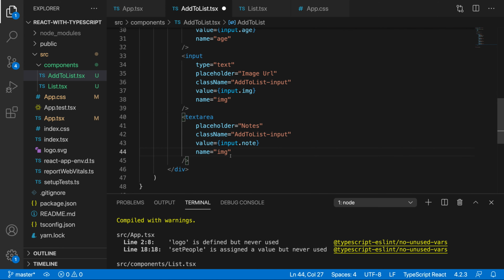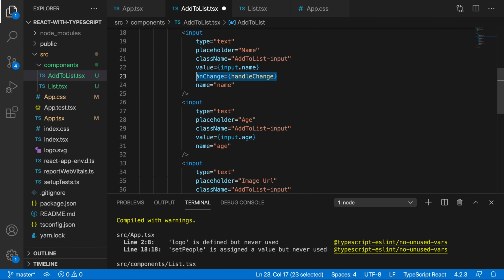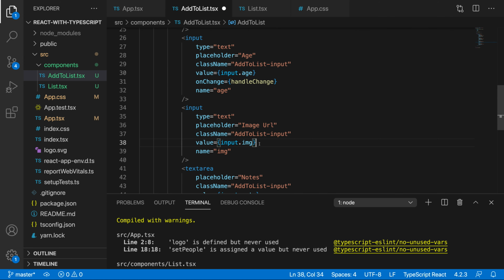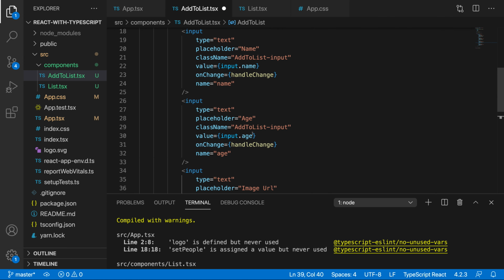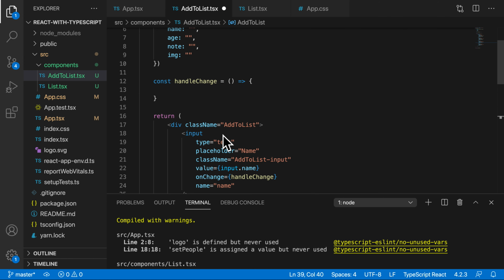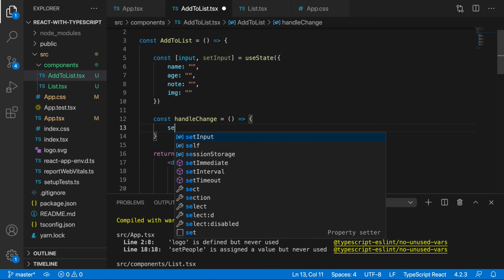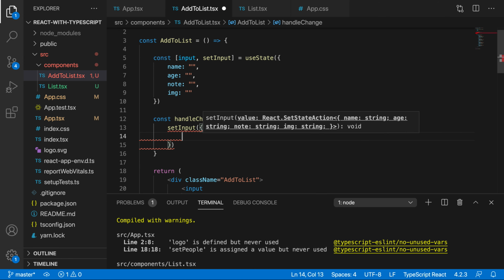And this is going to be, well, note. All right, and so let's actually add the onChange for all of these, except for the text area. I'll leave the text area for last, just so I can show you a little bit of a problem that arises. So now one thing that we can do is we can essentially set the input to whatever the